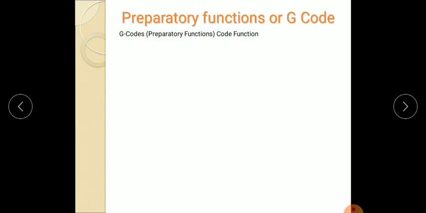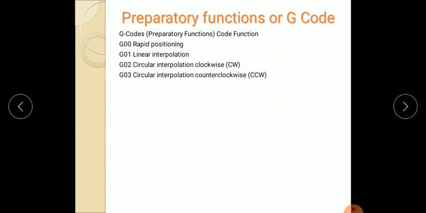Now next, preparatory functions, which represent the G codes. These preparatory functions are the main functions which are used to develop the part program for CNC machines. These are some of the preparatory functions. G00 rapid positioning, G01 linear interpolation, G02 circular interpolation, G03 circular interpolation